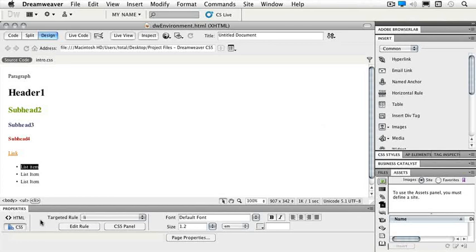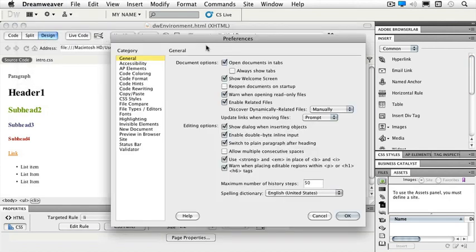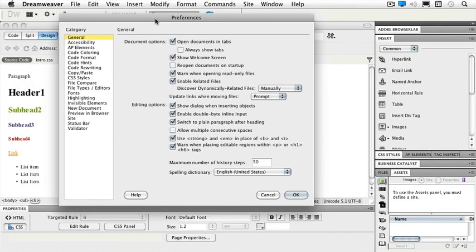When you open up your preferences, it's going to be in a different spot on the Mac as it is on the PC. On the Macintosh, you're just going to be able to go underneath your Dreamweaver menu and Preferences. On the PC, you're going to go underneath your Edit menu and Preferences. When we open up the Preferences panel, we're going to take a look at some of these,